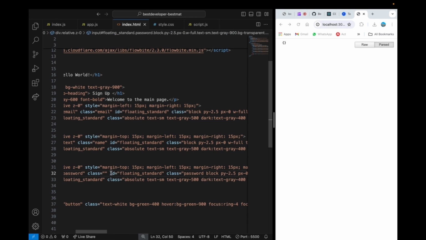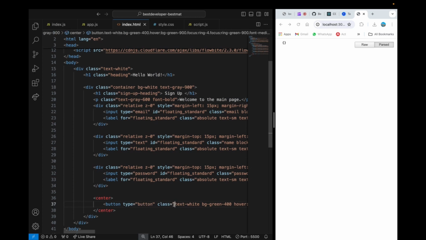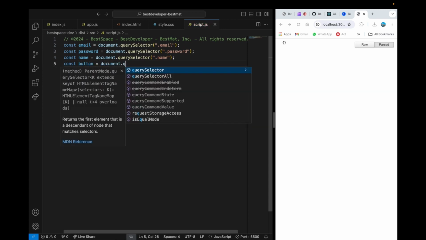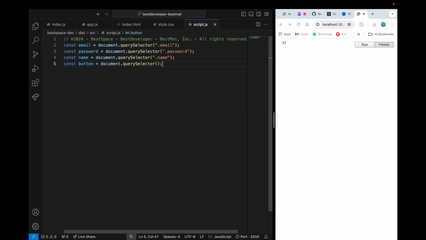So make sure you don't make the same error. We'll call this signup-btn. Btn stands for button, and const, we'll call it button equal to document.querySelector,